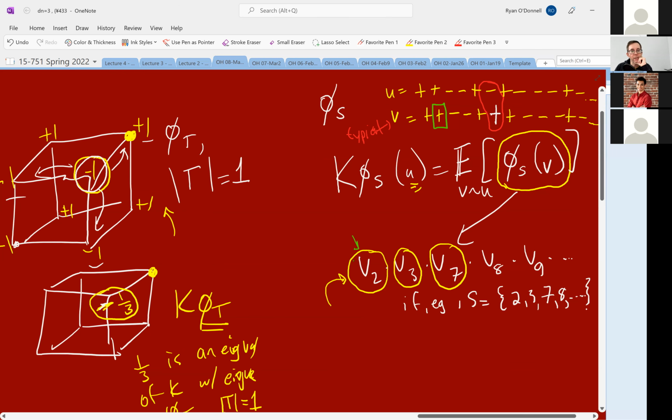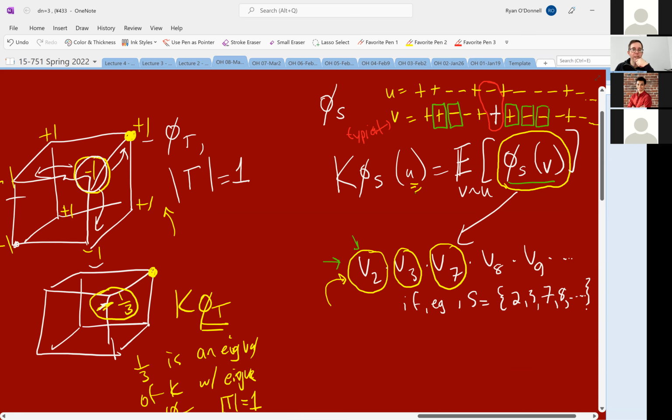So this phi S of V, hypothetically it's V2 times V3 times V7, etc. So here's V2 in this box, this is V3. V7 is 1, 2, 4, 5, 6. V7, oh, I just missed the place where it was different. V8,